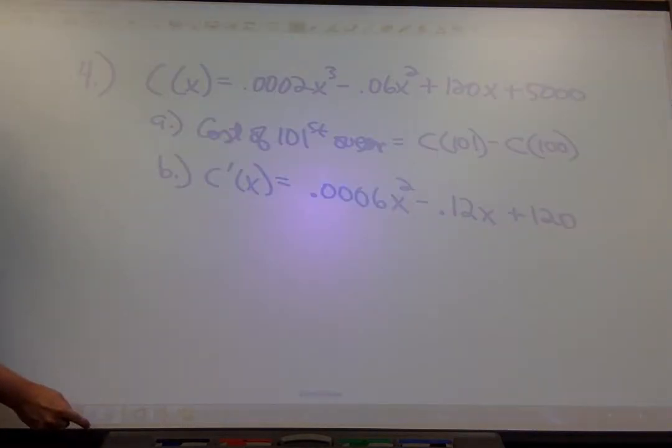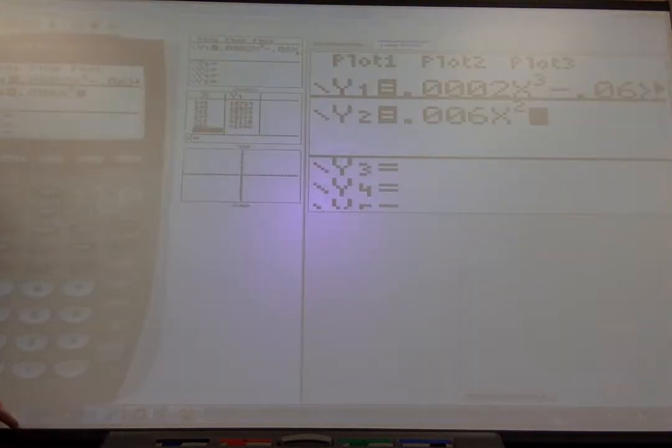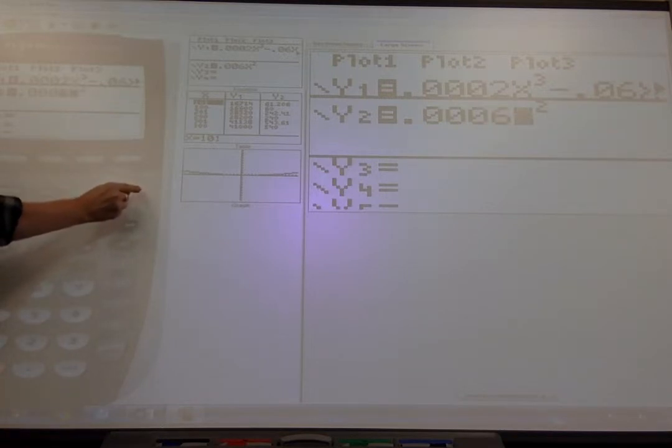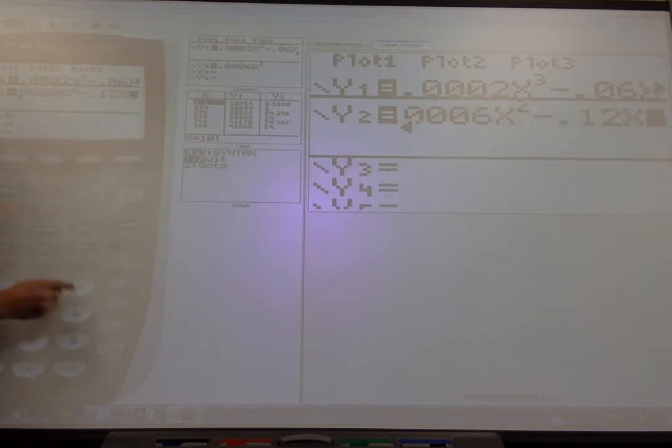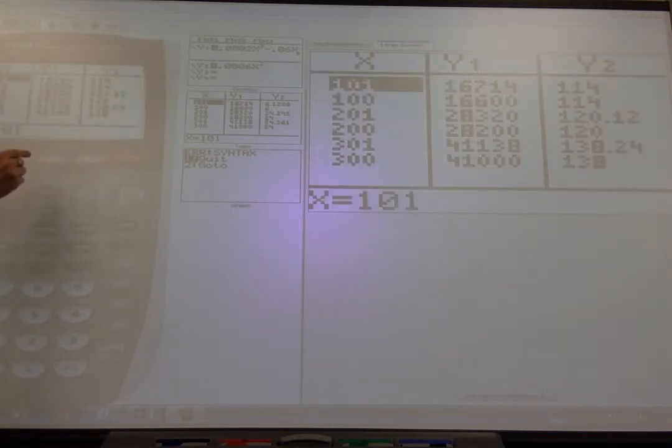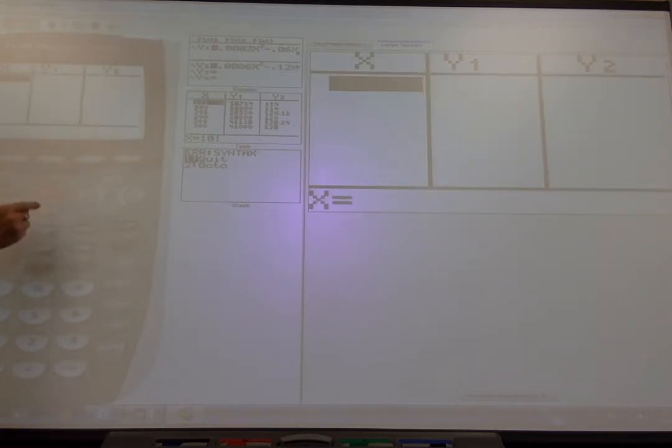So, minus 0.12x, and it was plus 120. Okay. If I go back to my table, and I'm going to delete everything I have there. If I put in 100,